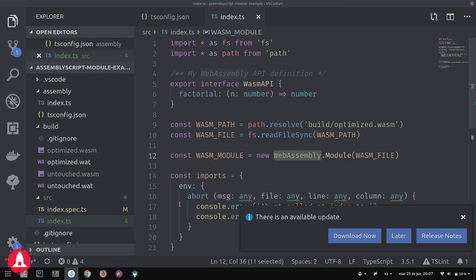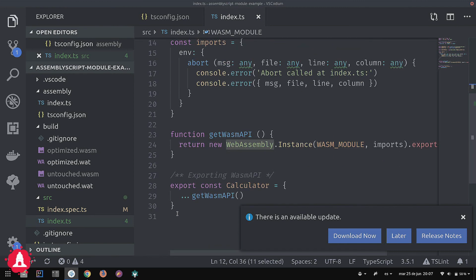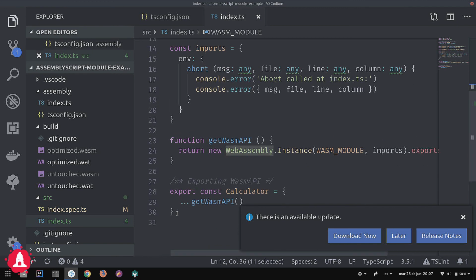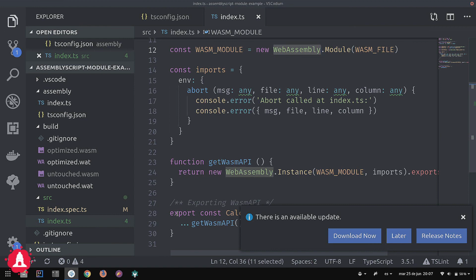So then, sorry. Okay, I think it's good. How can we close this window? So this is